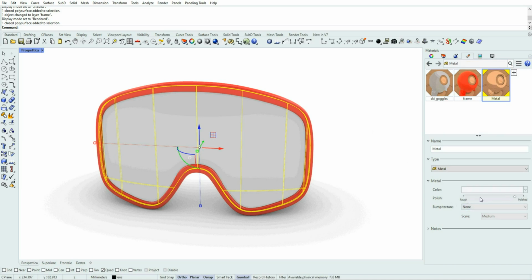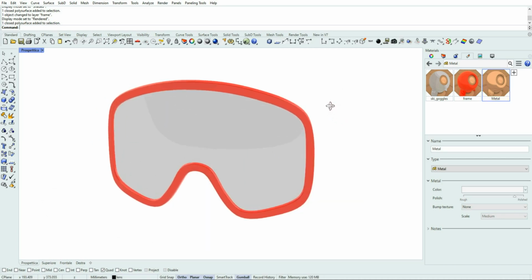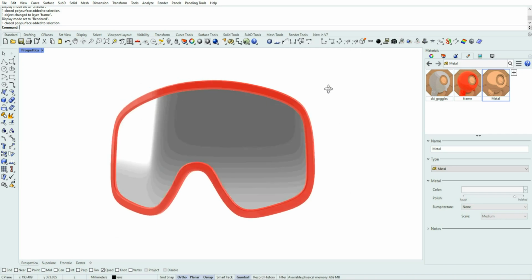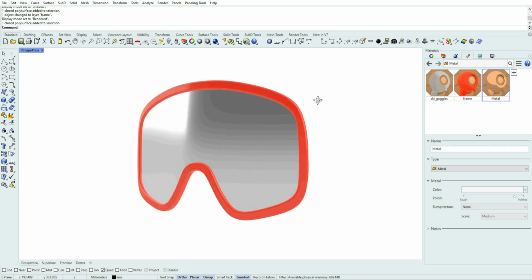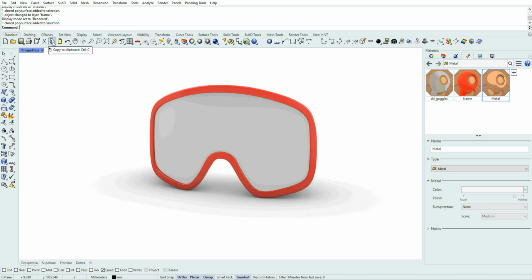Okay, I can change the roughness. If I switch to polished, the surface is more shiny, more polished, of course.